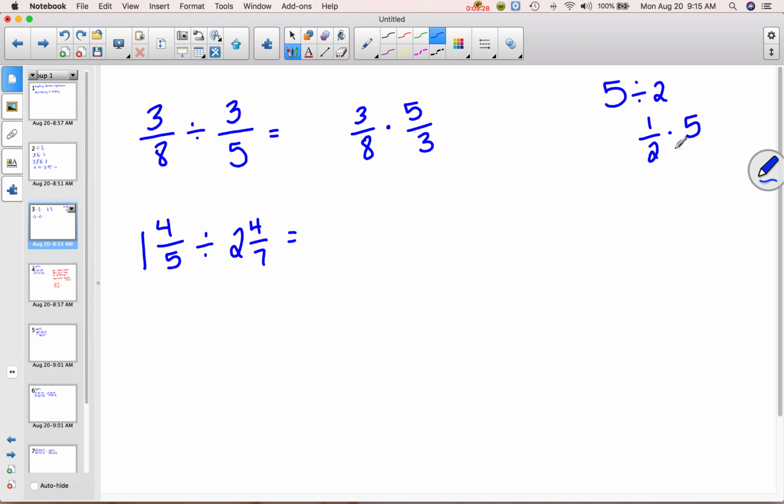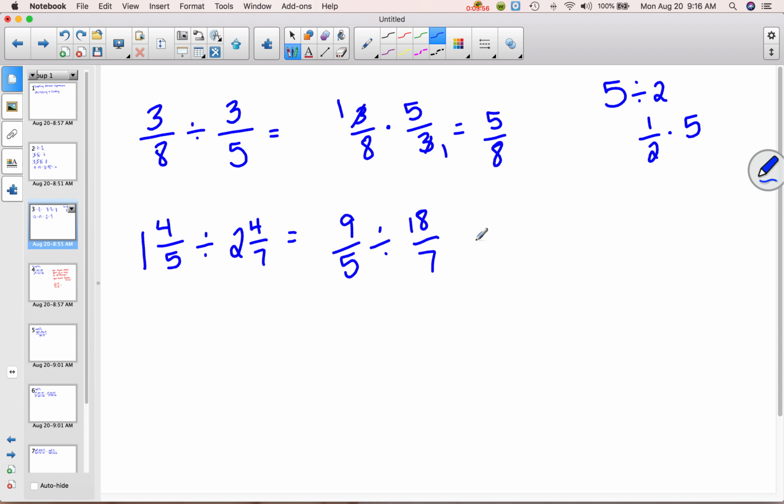We do that all the time without thinking about it, but when we have fractions, all of a sudden it becomes a little more complicated to think about conceptually. So once you've changed it, now it's just like we did before. So simplify those, and we get 5/8 for an answer. When you are dealing with mixed numbers, you're going to change it to an improper fraction first, like I showed you before. So here we're going to have 9/5 still divided by